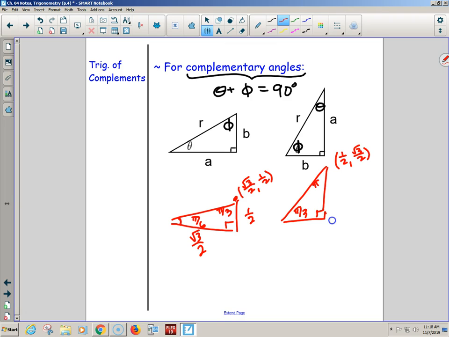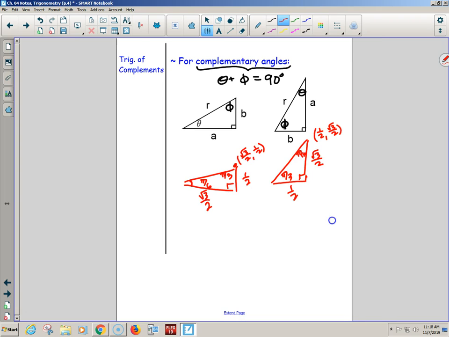Well, because now the pi over 6 is up here, the pi over 3 is down, so everything is just switched, like you see these two right here. So I can say something like the following relationship. I can say for 2 complementary angles, 2 angles that add up to be 90, like 30 and 60, theta and phi, I can say that cosine of theta